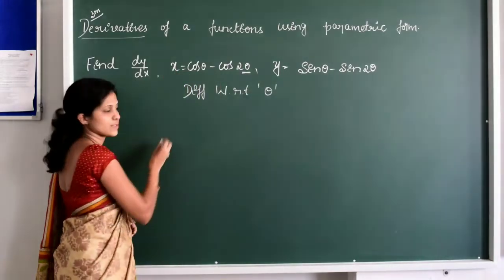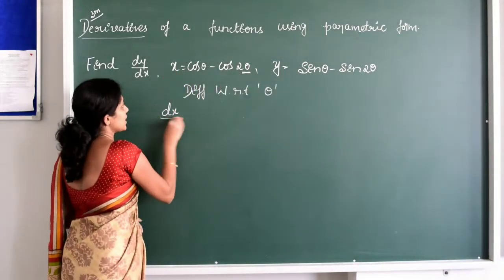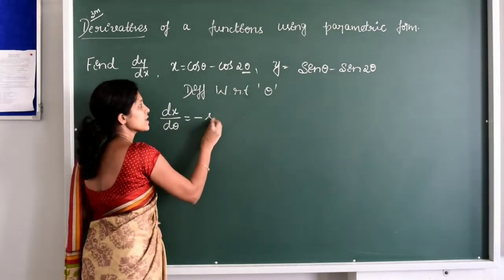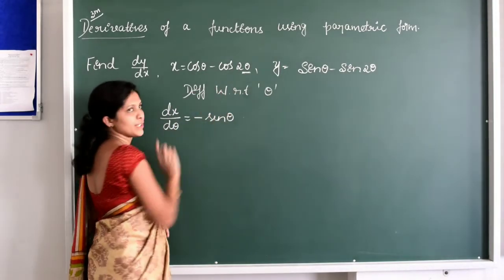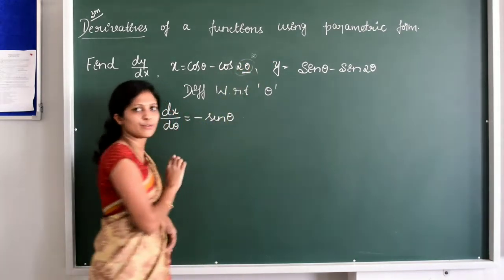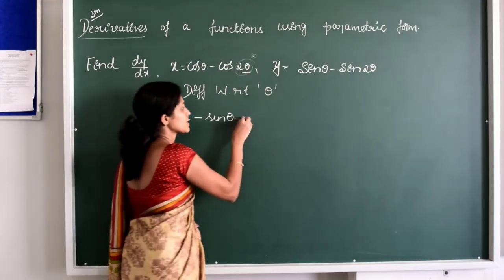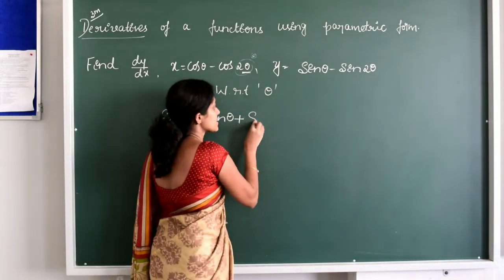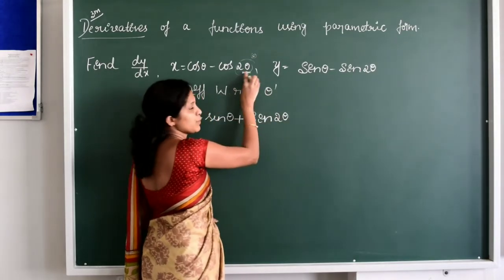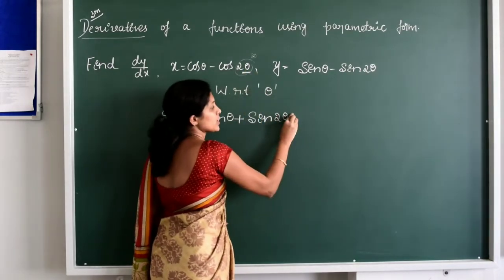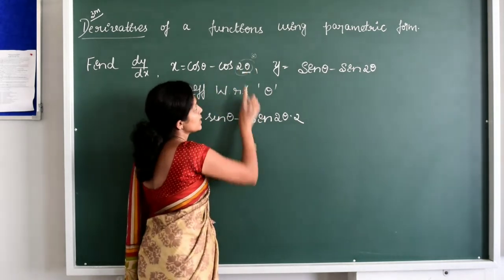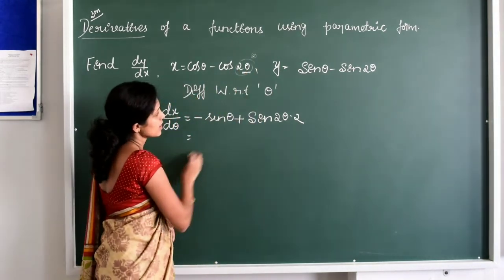So derivative of x with respect to theta will be dx by d theta. So this is equal to derivative of cos theta is minus sin theta, and derivative of cos 2 theta. Here you have to consider this as some theta, right? So derivative of cos theta will be minus sin theta. So minus will be plus sin. In the place of theta we have 2 theta. Into derivative of 2 theta, 2 into derivative of theta is 1, so it is 2. Is it clear? So this is now, I can rearrange this or let it be.